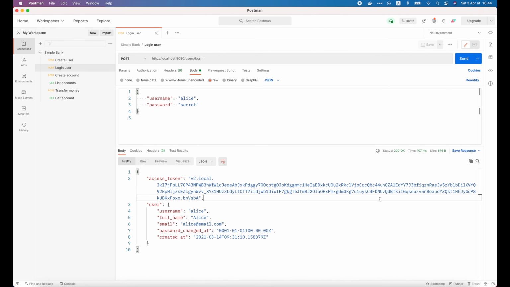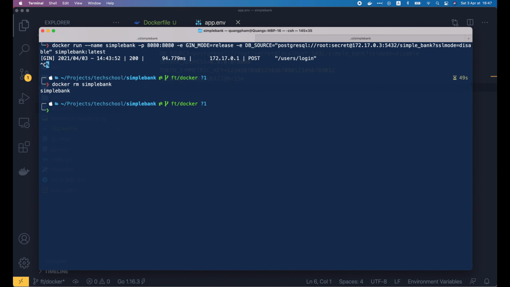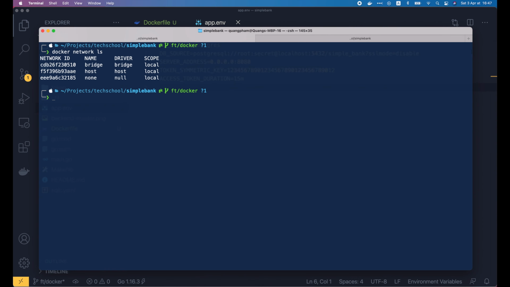IP address can change if we restart the container, so using it is not really ideal. Let's stop the Simplebank container and remove it. Then I'm going to show you a better way to connect to Postgres without using IP address, but using user-defined network instead. Now if we run docker network ls, we can see the default bridge network that our Simplebank and Postgres containers were using. We can see more details about this network by running docker network inspect and passing the